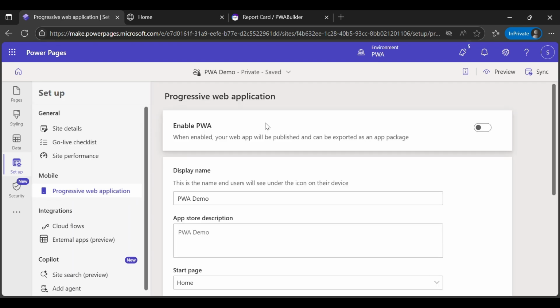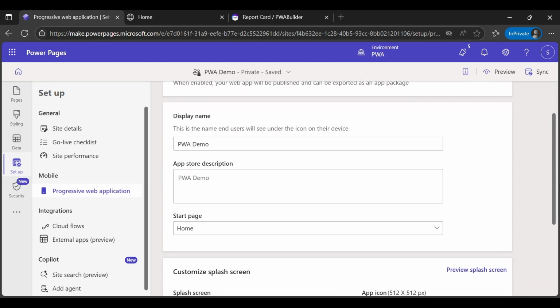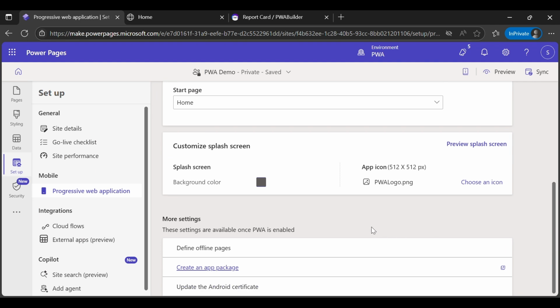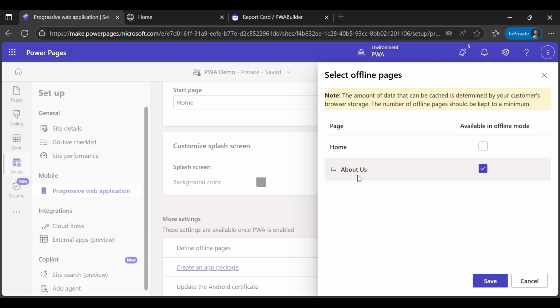From here we can enable the PWA feature, and once we enable this feature, your site will be acting as a native application. And from here we can provide the basic details for your app, that is display name, app store description, and start page for your application. Also we can change the background color and the logo for the application. And from this section we can define the offline pages. So here I have already defined one page which will be available in the offline mode,